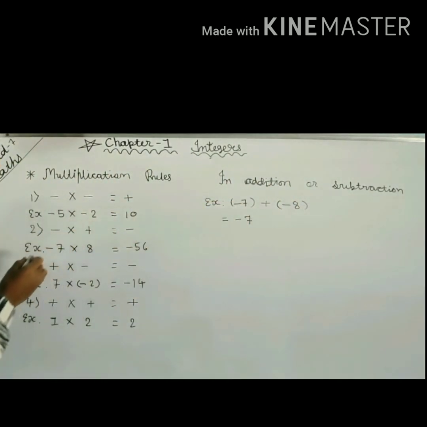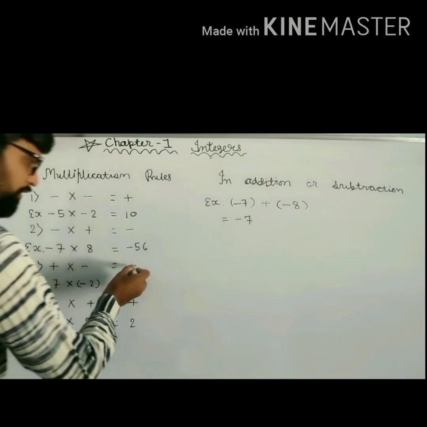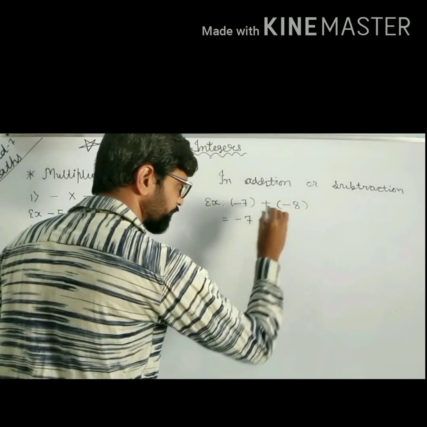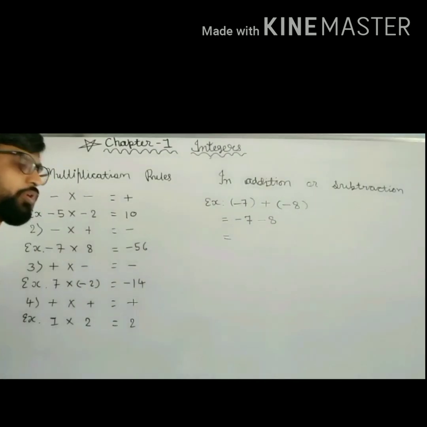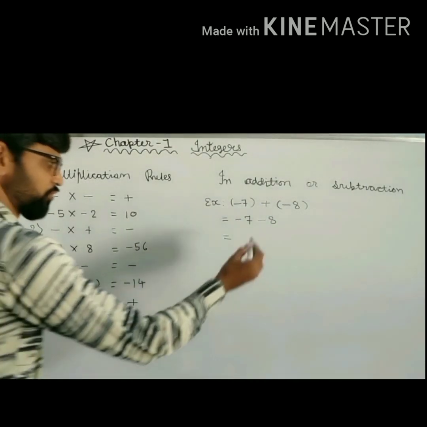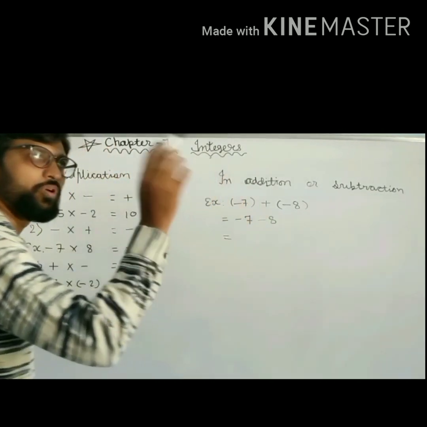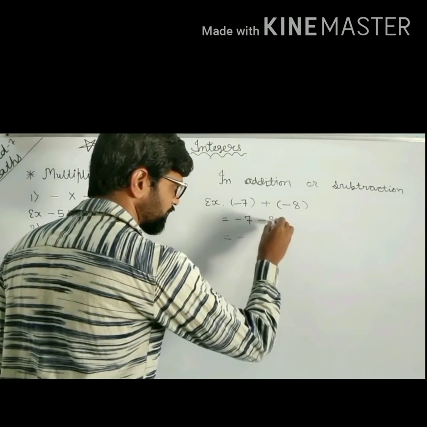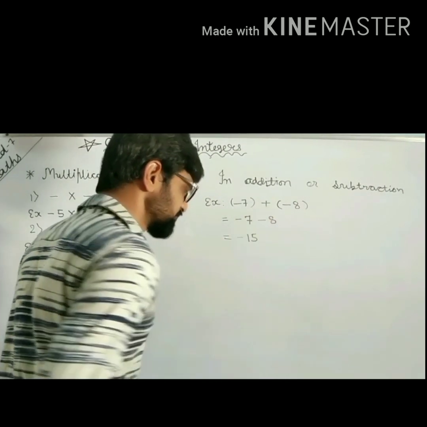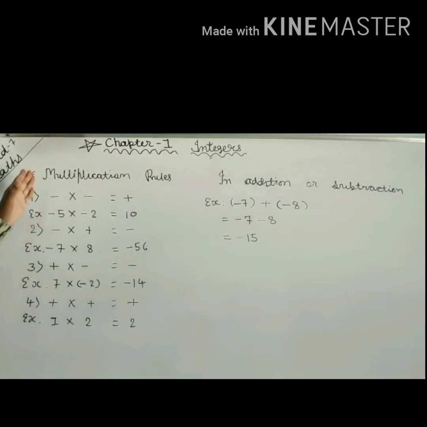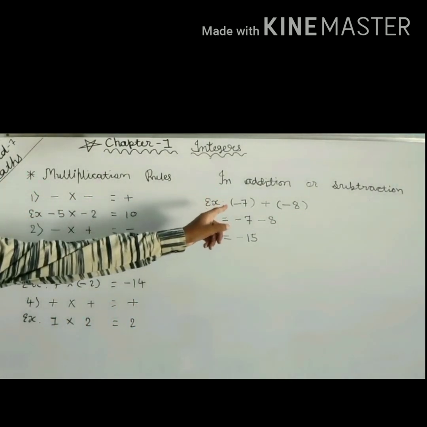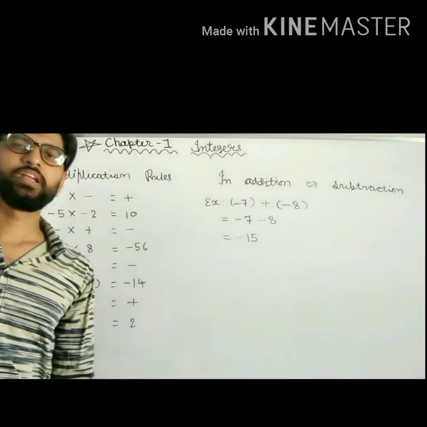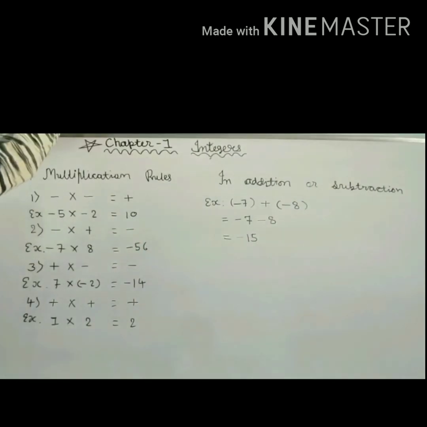See, plus and minus, rule number 3, plus and minus. So what will be the sign? Here the sign is very important. So your sign will be minus 8. Now you can apply the rule of addition or subtraction. Both are negative, so we have to add both numbers and give the negative sign as per the addition rule: 15. This is the answer. Now the multiplication rule is also helpful to you in addition or subtraction. Make sure it is very important for you. Now I am moving on to the properties of integers. There are different kinds of properties for integers.